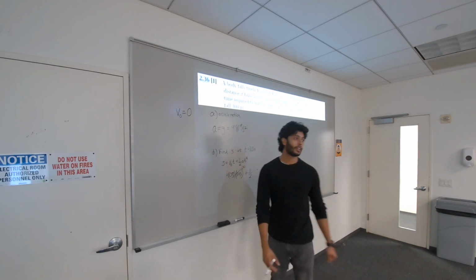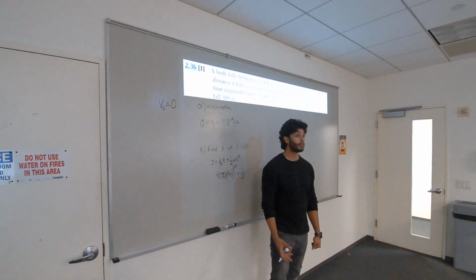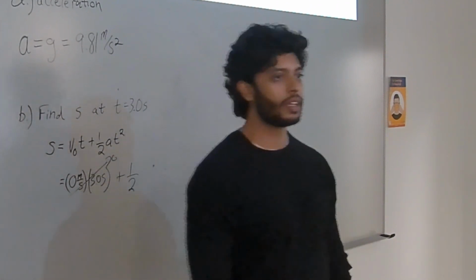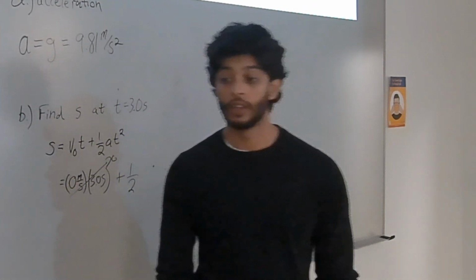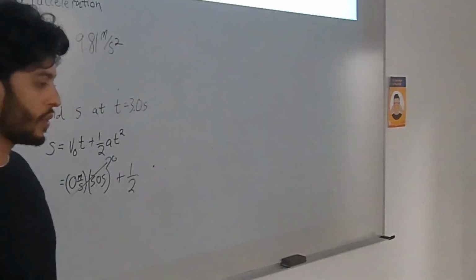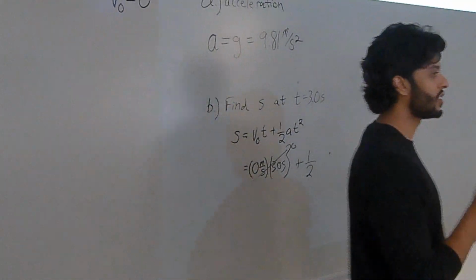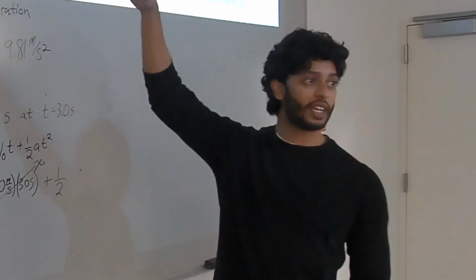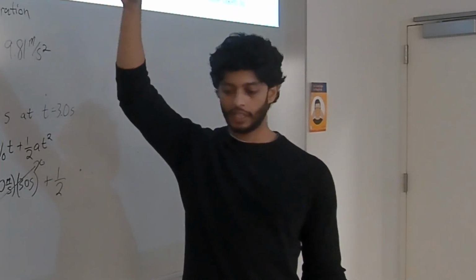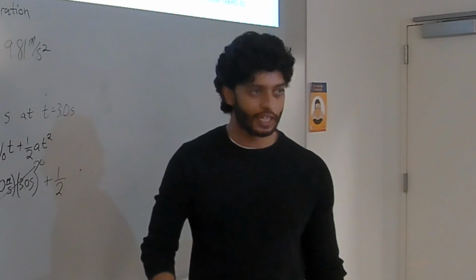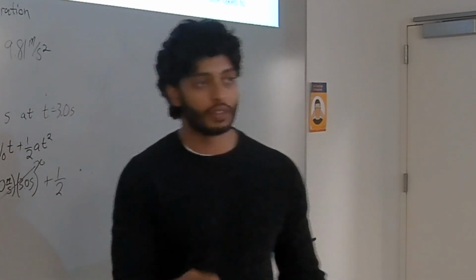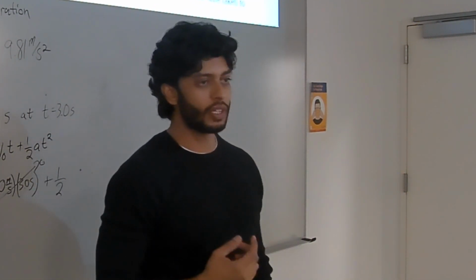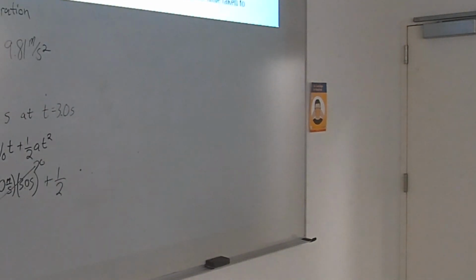Can anyone tell me if acceleration is positive or negative in our situation? Remember, whatever the direction of the initial movement is is considered the positive. Since we're starting from rest at some high distance and then falling, our initial direction is downward. So in this case, acceleration will be positive. But if we jumped up, so your initial movement was upward first and then went downward, then your acceleration would be negative.